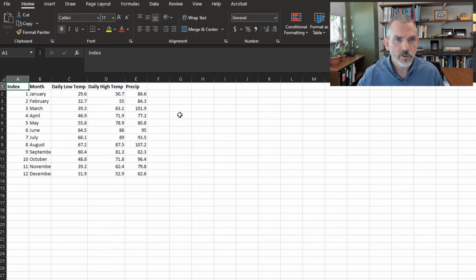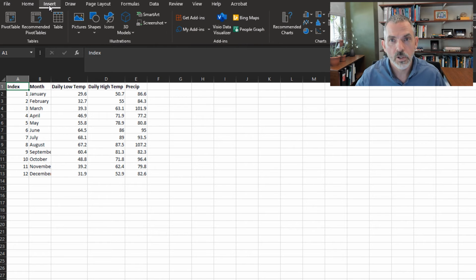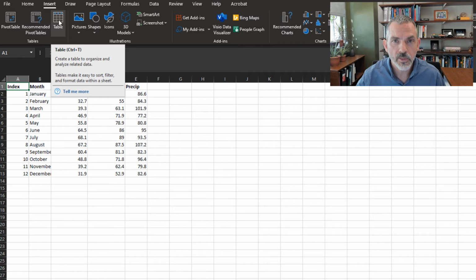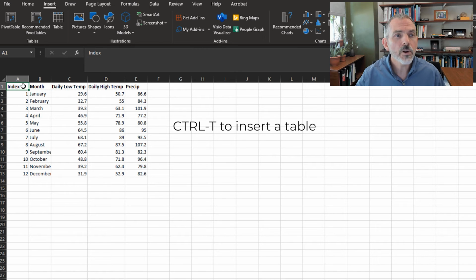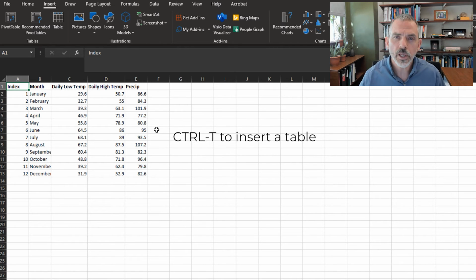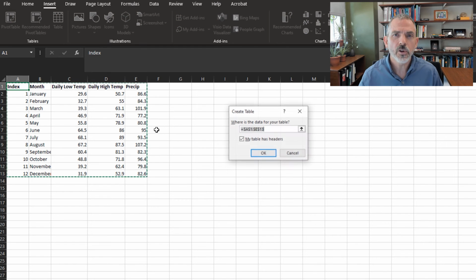So here we are with our weather data, and we're actually inserting a table into our spreadsheet. And so this is very much like putting a plot into our spreadsheet. And so this will be found in the Insert toolbar here. And it's right under Insert, and we can go ahead and add that table in. You can see that we can do this via Control-T, a keyboard shortcut, and so that's what I'm going to do. And all you need to do is make sure that you're clicked within the range of your data, and then you can use Control-T,